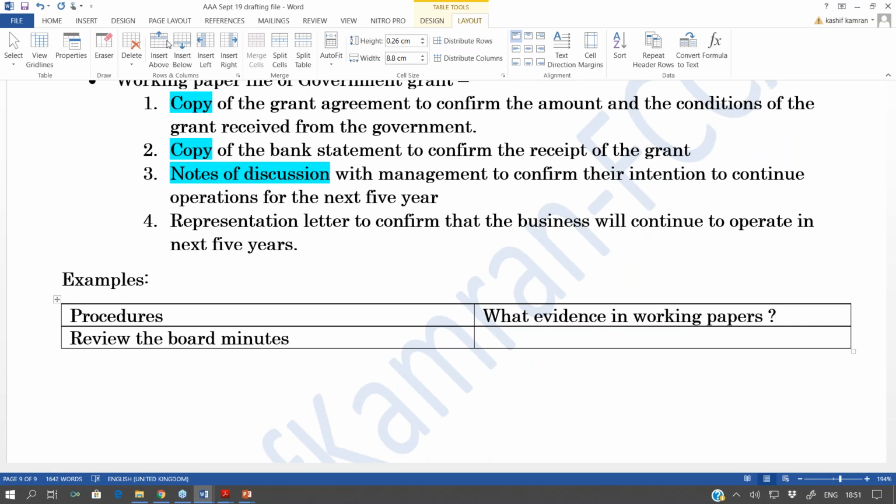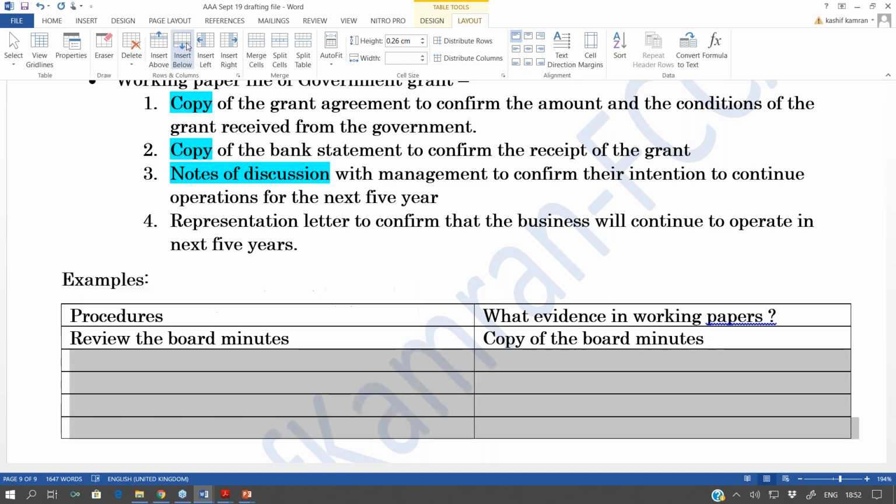Review the board minutes. Now, what evidence will I have in my file that I reviewed the board minutes? What evidence will I have in my file that I've reviewed the board minutes? So the evidence I will have in my file is copy of the board minutes. Okay, that's good. Number two,